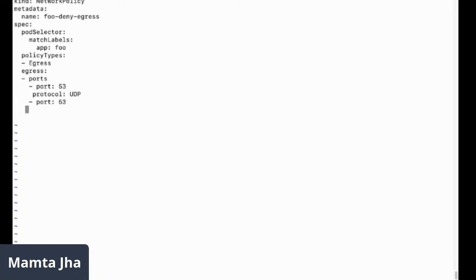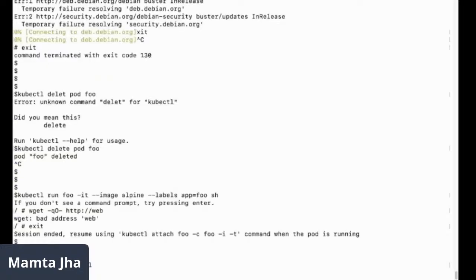Spacing is very important in YAML, that we know, so just keeping an eye on that. Protocol, don't you guys think it has to be aligned like this? Yeah. Protocol as TCP. So this time it would be able to allow for DNS resolution, but it will not be able to communicate to any other pod apart from the DNS.